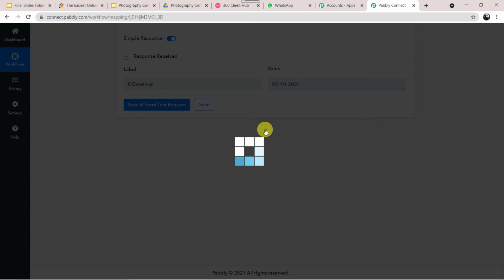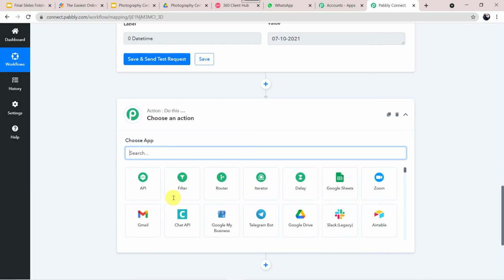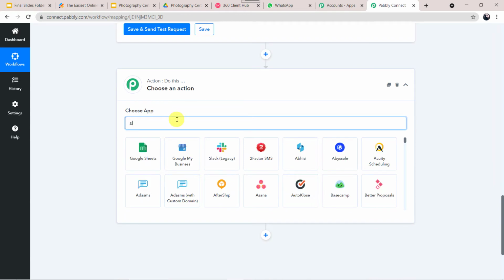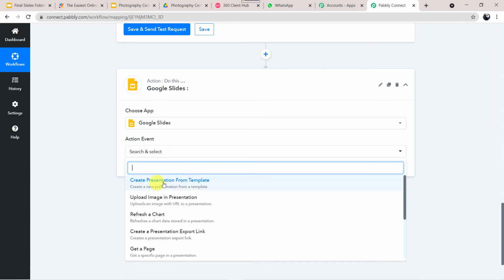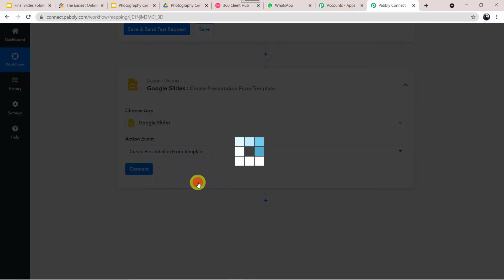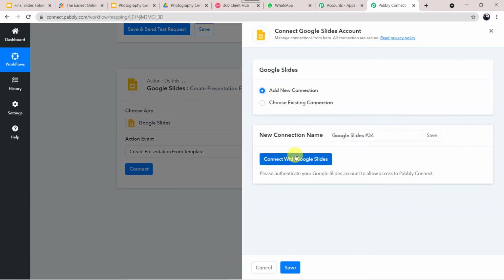So I'll click on add application, this plus sign, come to this action application, and select Google Slides. In the action event, I'll select create presentation from template, and click on connect. Here we have to click on add new connection and connect with Google Slides.